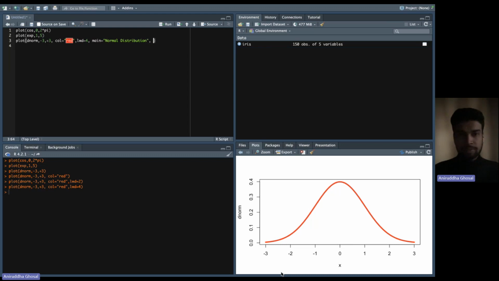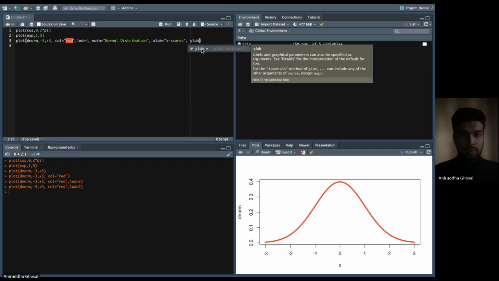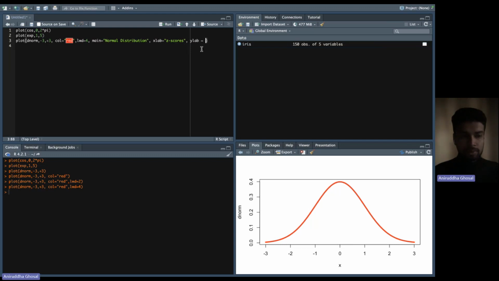So let's say I'm changing the x label to z scores. That is the values that we're going to get on the x axis. And similarly, I am changing the y label to density. So now if I plot this particular graph,